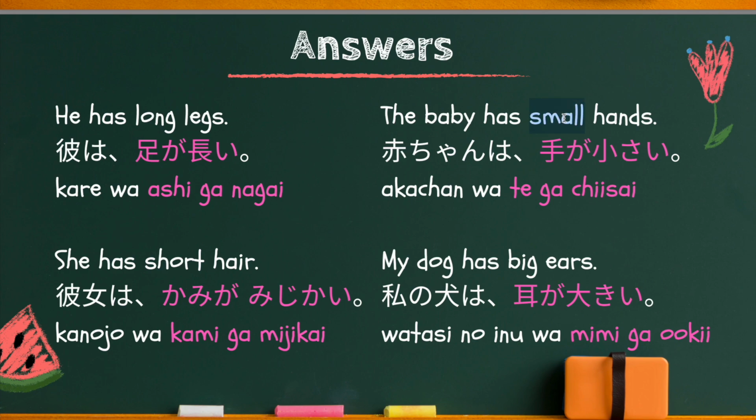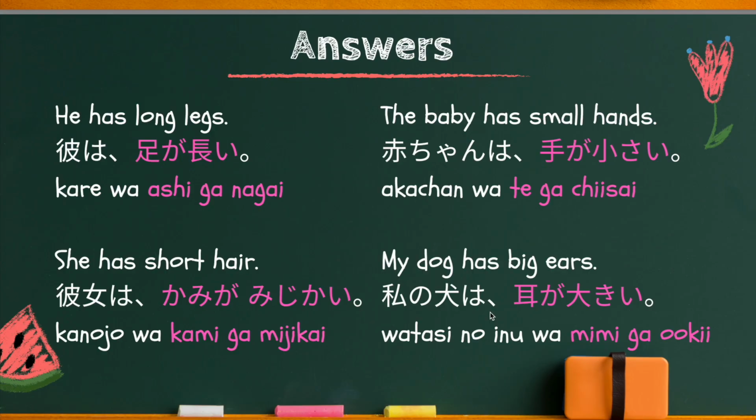And now the topic of the sentence is the baby, 赤ちゃん。Therefore, 赤ちゃんは手が小さい。And again, if the listener knows who you are talking about, you can omit 赤ちゃんは。